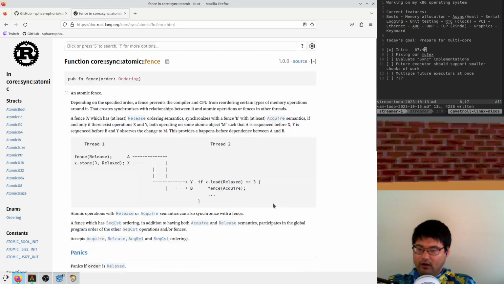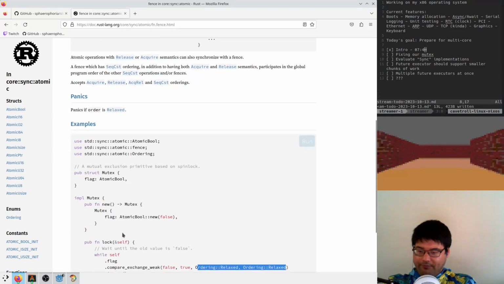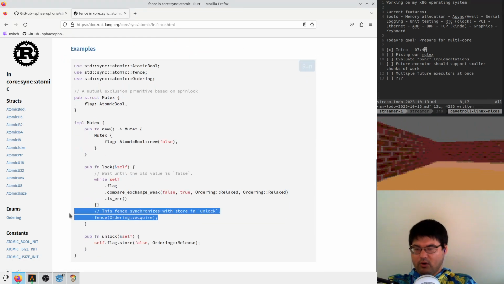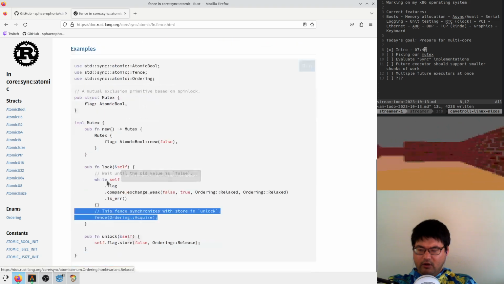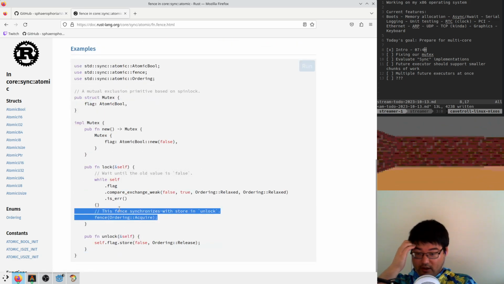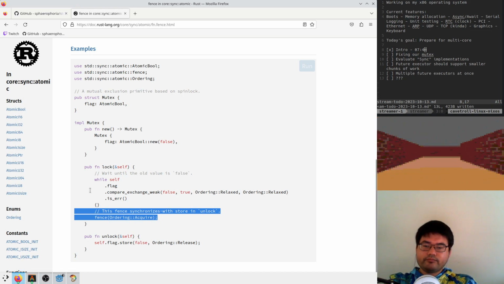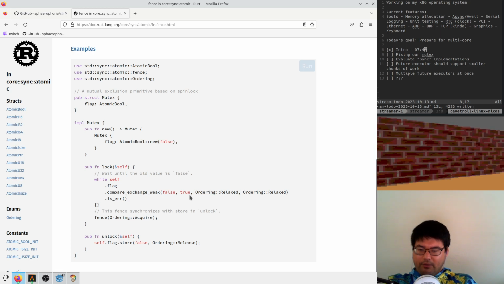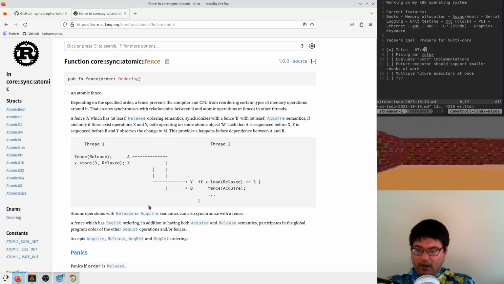They don't really care about something. But then they use a fence that says we're acquiring here. This might be a minor optimization. Or it might mean that there's other reorders that might be a problem. I'm not sure. But I was more concerned when I didn't realize they were saying relaxed here. So I'm not really going to think about it. And we'll just keep in mind that,